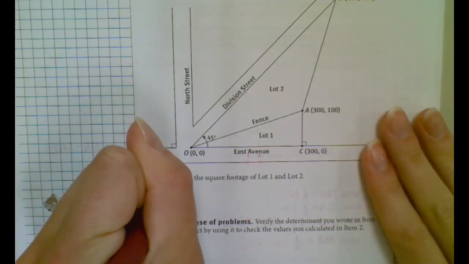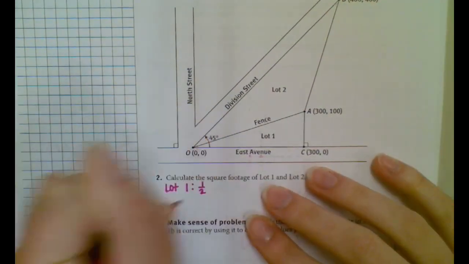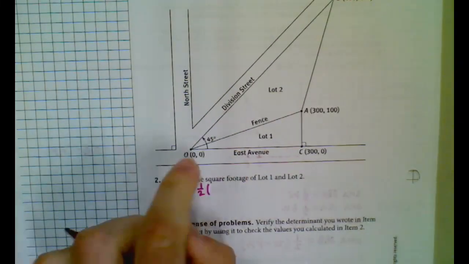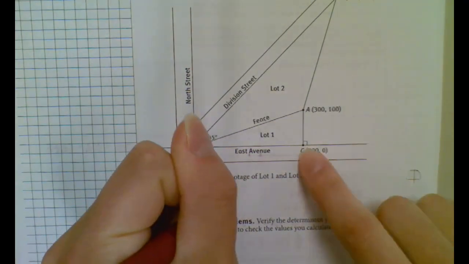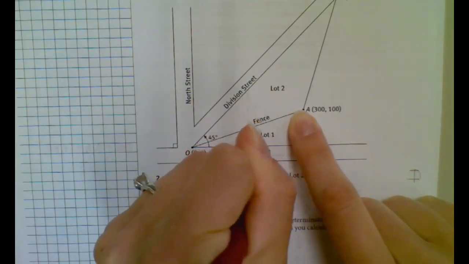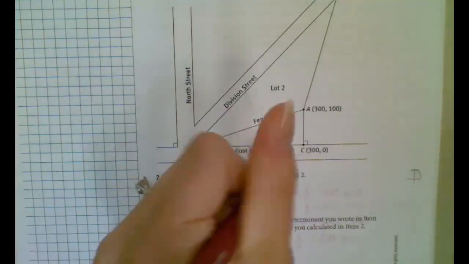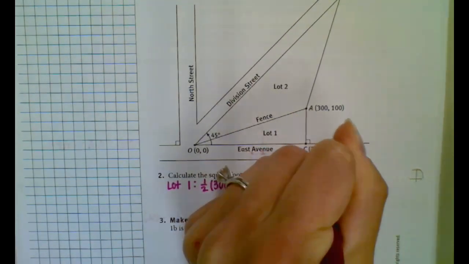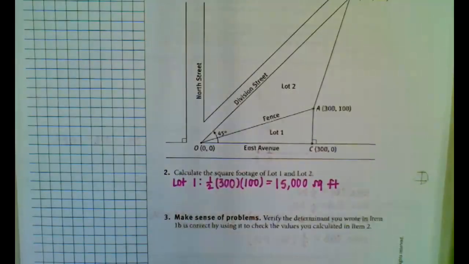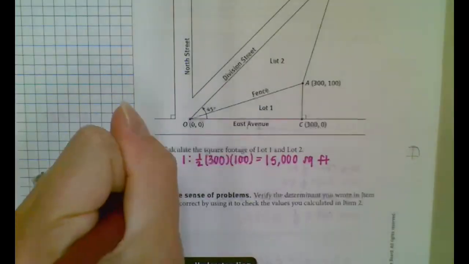We know that lot 1 is a right triangle, so I can just use the area of a triangle. So 1/2, the base of lot 1 is 300, and the height of that triangle is 100. So that is 300 times 100 times 1/2, 15,000 square feet. And we're talking about area, and it says that we are in feet up above in the directions. Okay? All right, now lot 2,